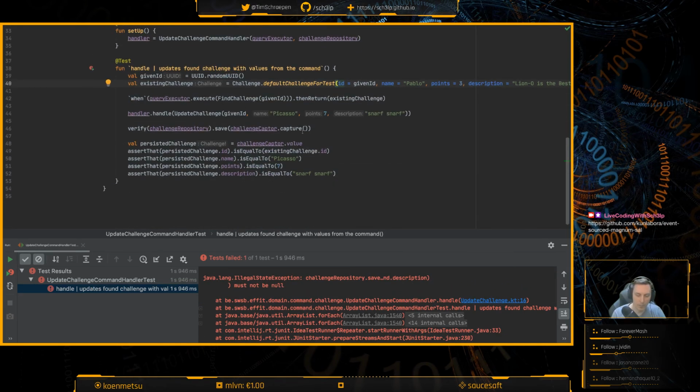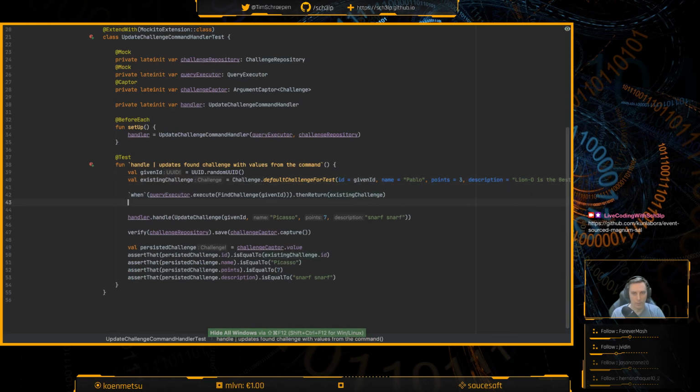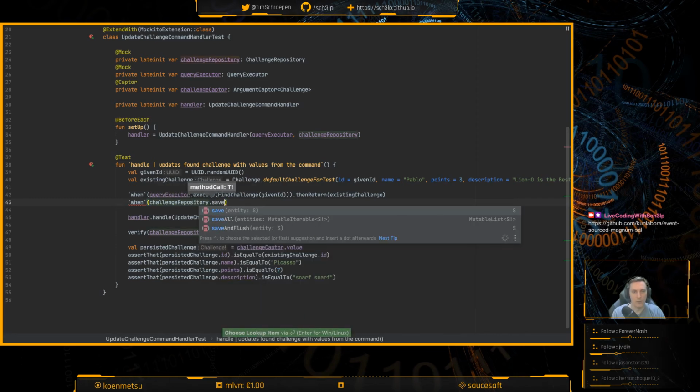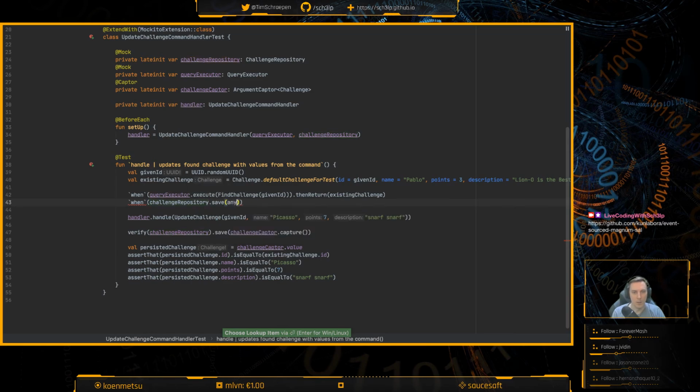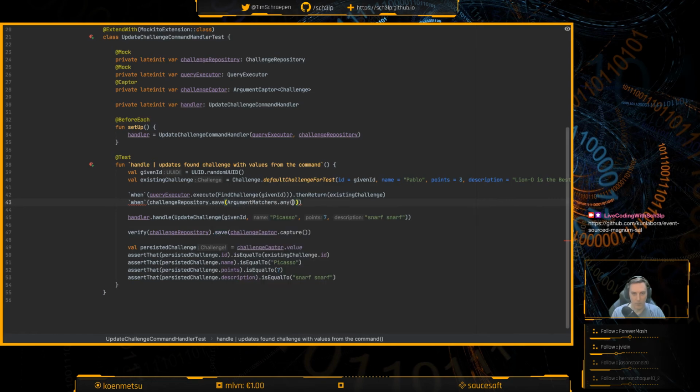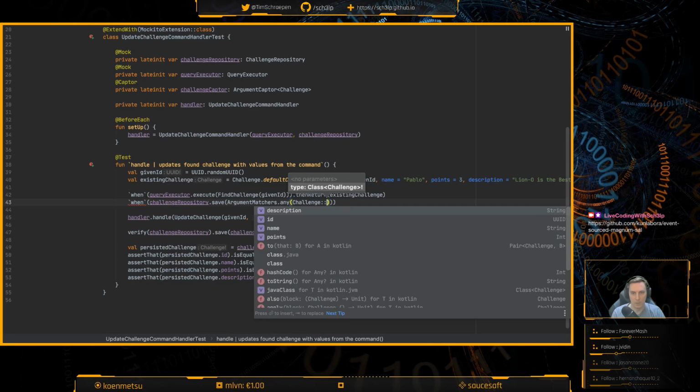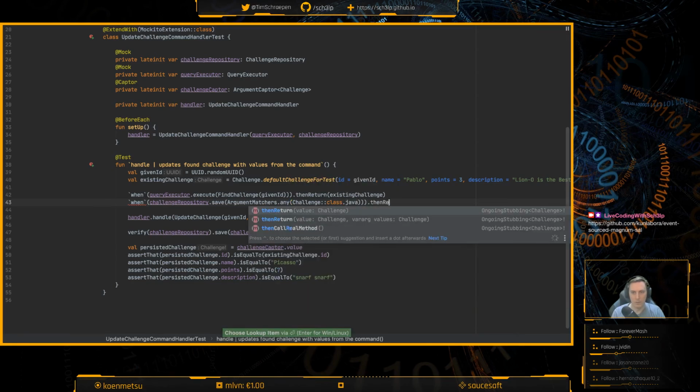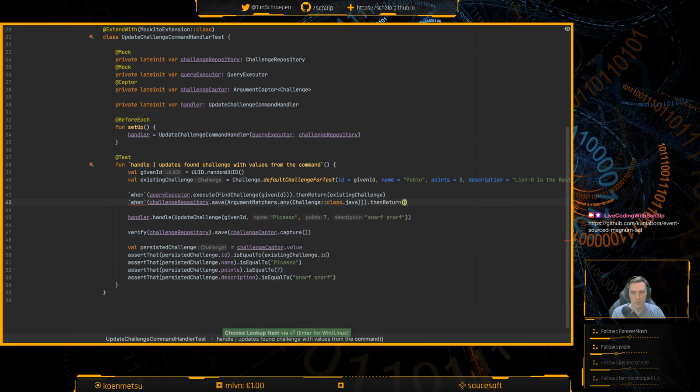I did not mock the call for saving, so when challenge repository.save any, and then I want Mockito any with a class, any challenge, then return existing challenge or something, I don't know.